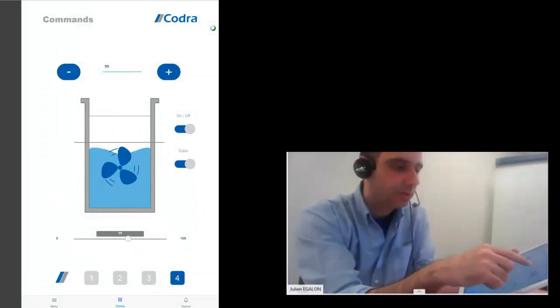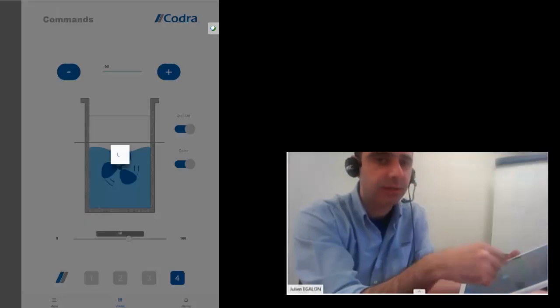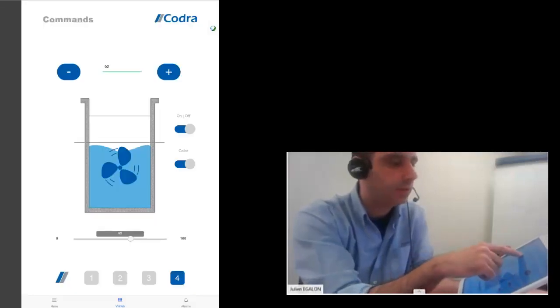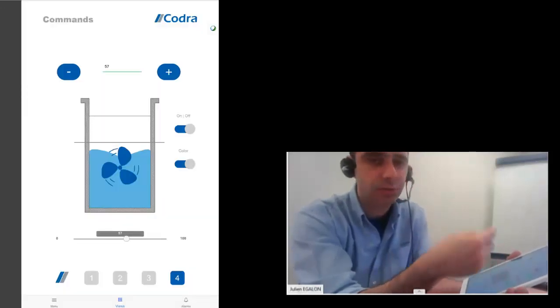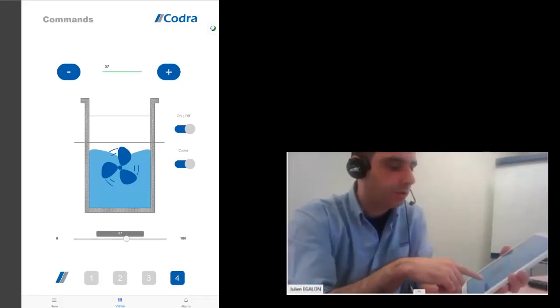The short pressure sends 1 by 1 actions, so I click on plus and the level is filling up 1 by 1. If I stay on a long pressure, it sets the action to decrease 5 by 5. Of course, you can use sliders, if I can catch the slider.